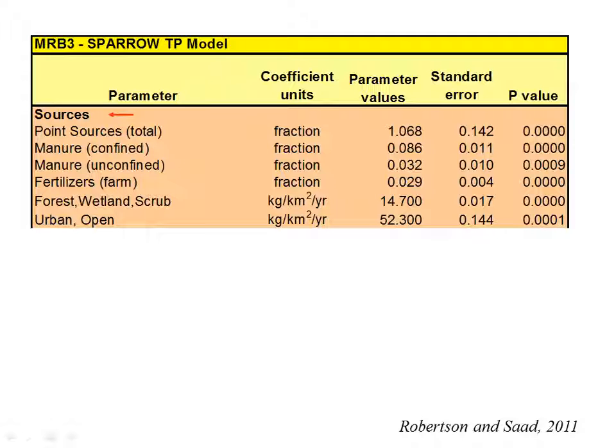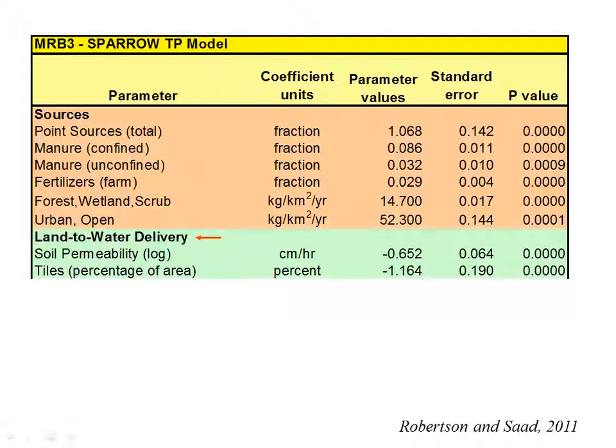We really expected to see about 100% of the point source that gets into the stream having an impact. And when we calibrated the model, a 1 would have been a perfect 100%. We came up with a 1.07. So it says that we might be underestimating our point sources by maybe 7%, and the model wanted to beef that up a little bit. If you look at the p-values, they're all highly significant.